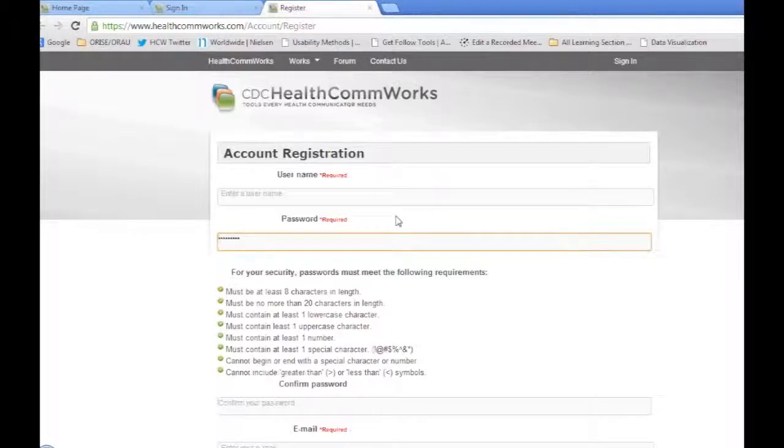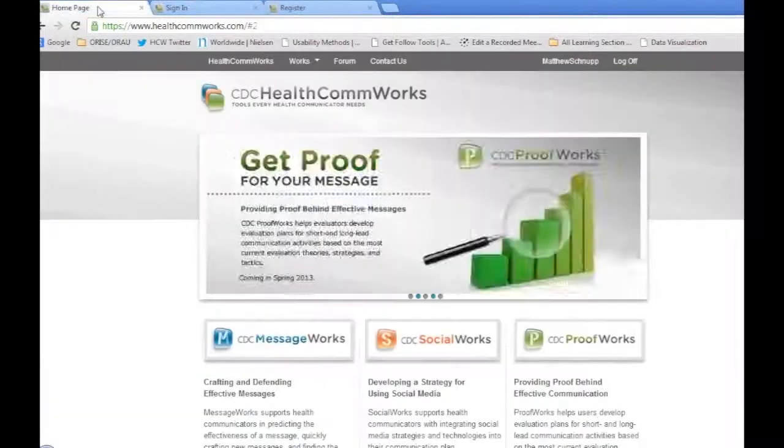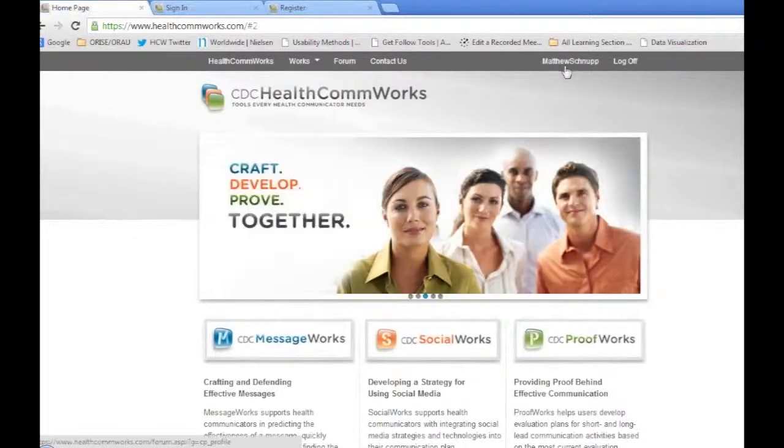So that's it when you're registering. Once you click on register for an account, then you're going to be taken over to the home page again, and you're going to see your name up here on the corner, which indicates that it was successful and things went well. If for some reason, registration or not, if you're going through this tool and you have a question,